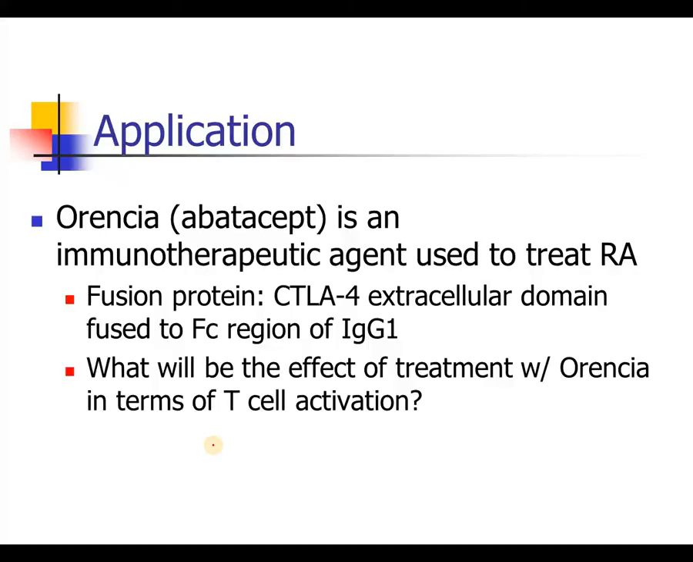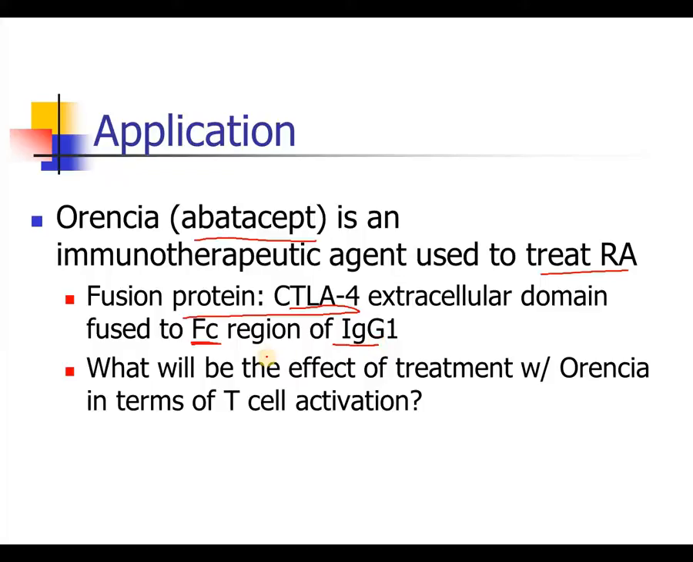So this is an application that I think some of you may actually have heard of. Orencia, also known as abatacept, is a monoclonal antibody. It's an immunotherapeutic agent used to treat rheumatoid arthritis, which is an inflammatory disorder, and it's an autoimmune disease. It is believed that T cell activation is implicated in the pathogenesis of rheumatoid arthritis, and so what has been discovered to work is a fusion protein of this CTLA4, so its extracellular domain fused to the Fc region of an immunoglobulin